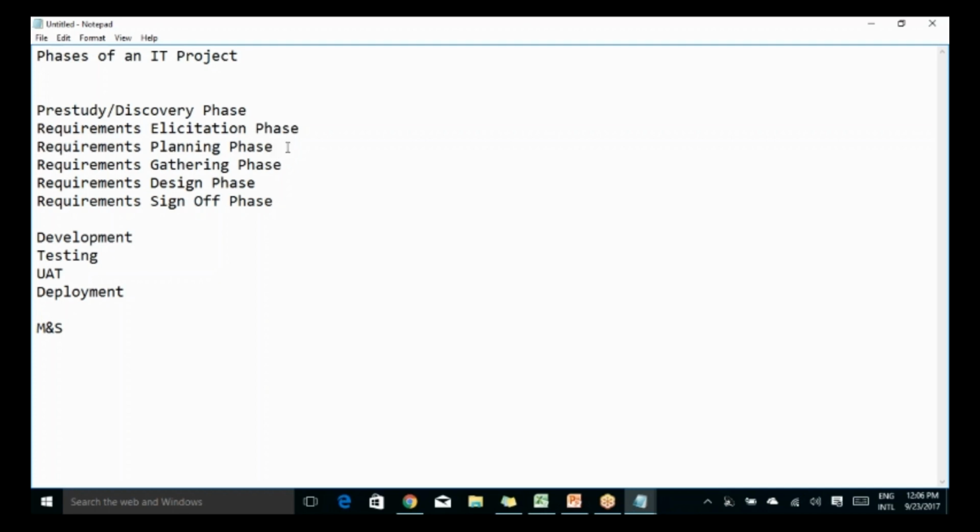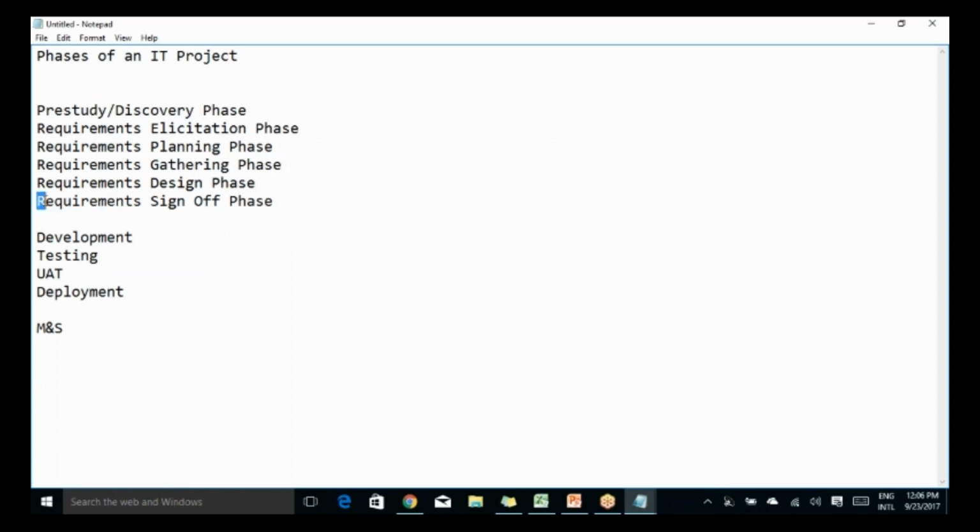Let's say out of 6 months you have planned your requirements gathering to be 1 month. Once you enter that 1 month time period, you would start gathering the requirements. Whatever understanding you have from the elicitation phase, you would elaborate more in this requirement gathering phase, and document it in a Word document, prototypes, a process model, or different business analysis modeling.